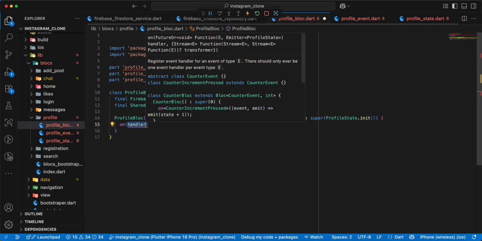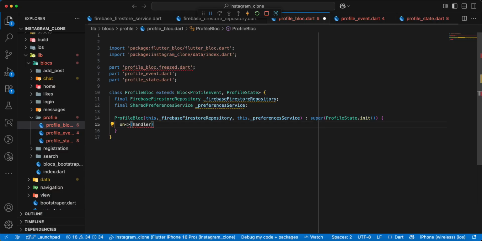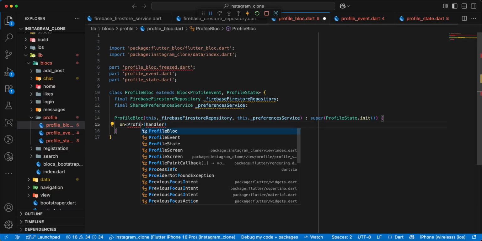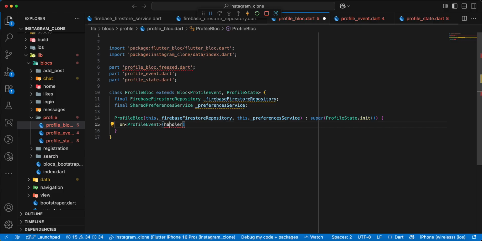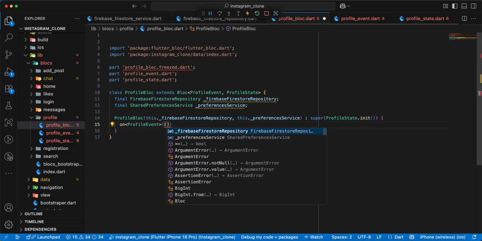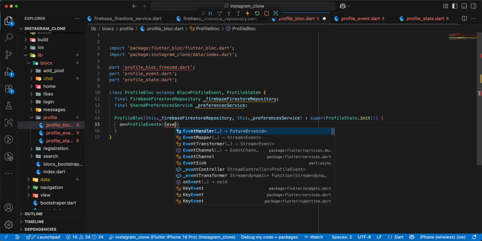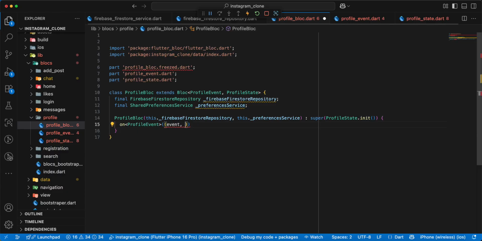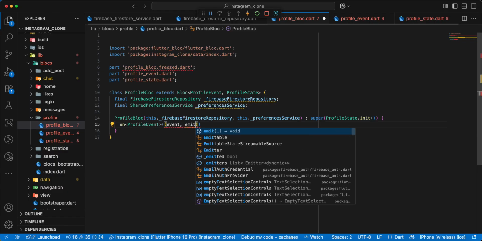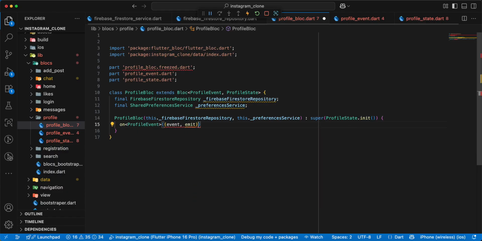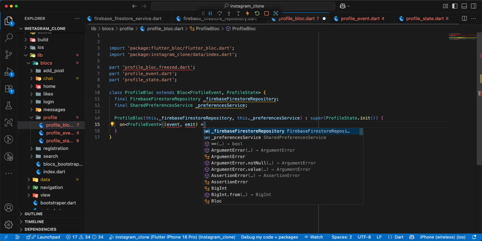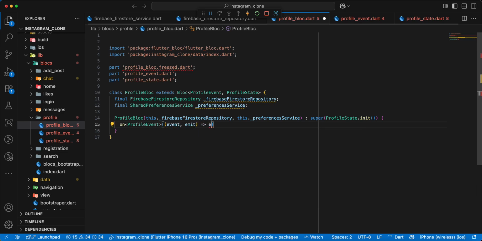write on ProfileEvent, write event, emit, write event, map,